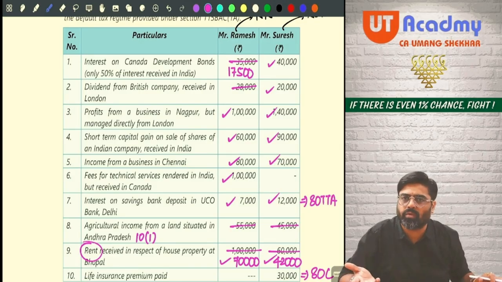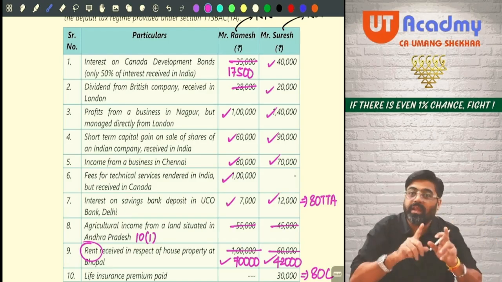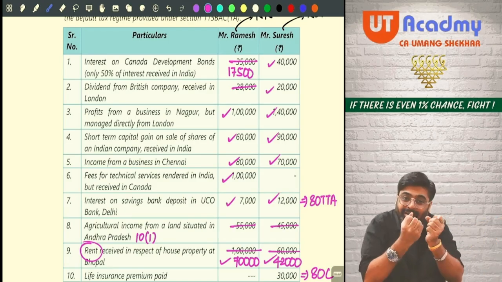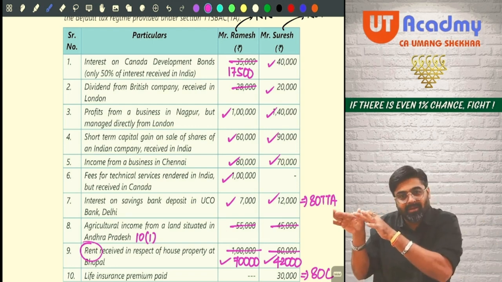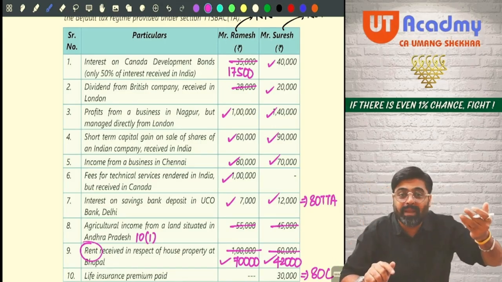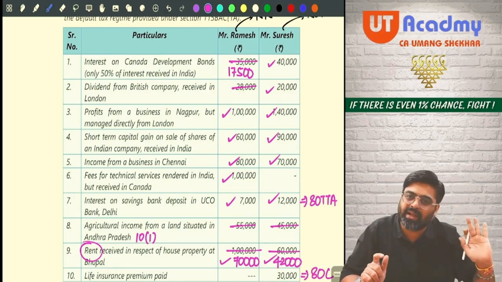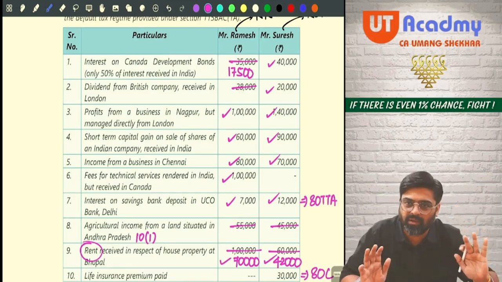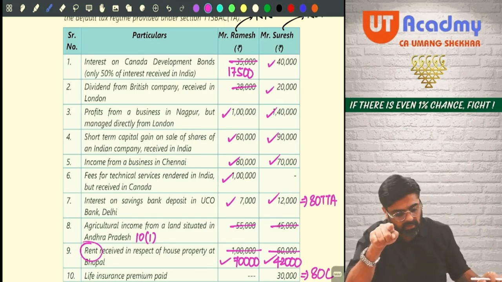Premium is not to be included, no Akshay? Premium is paid, no? See, it is only about interest income which you are earning. You show it taxable and then take the deduction. Two effects. But for premium, it is your payment only, no? So take the deduction only, that's it. Understood?